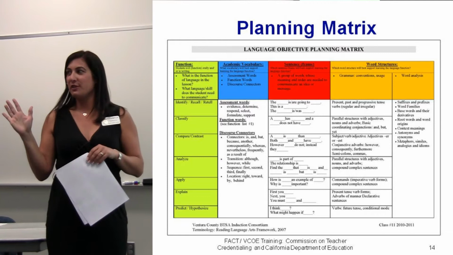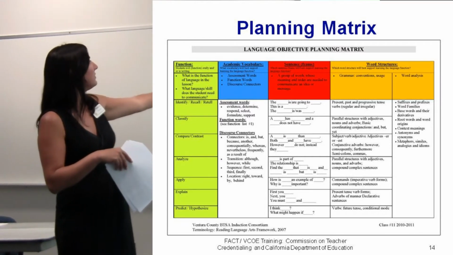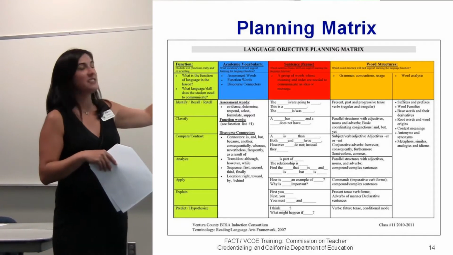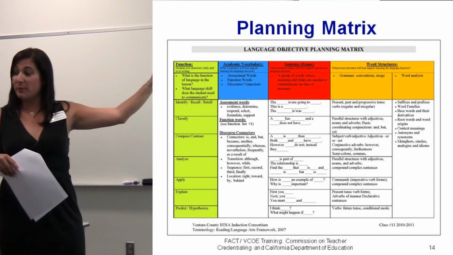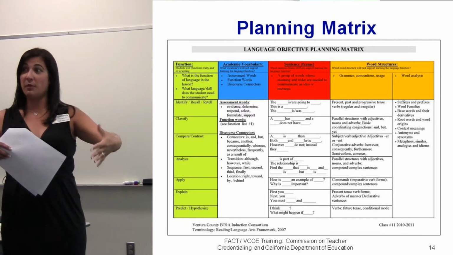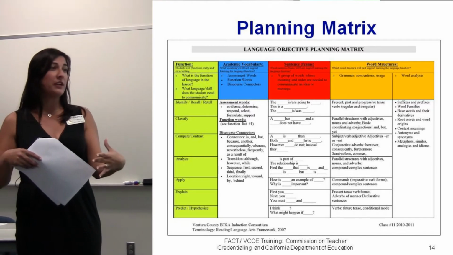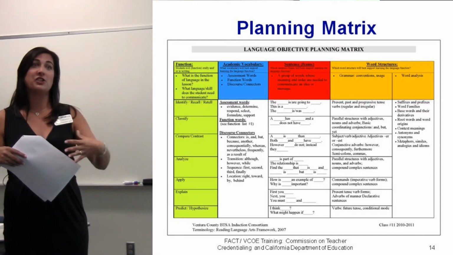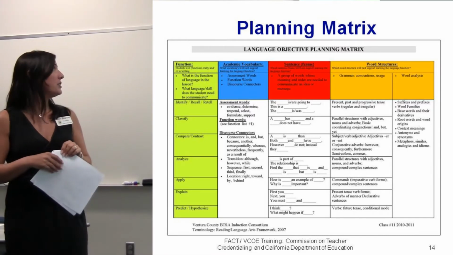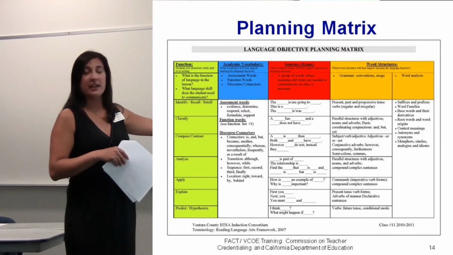And how many of you are familiar with the planning matrix? Okay, so the green, it's usually green on the paper, on the left-hand side, which I like because the function on your paper is green, and that means go. Like if we get to a stoplight, we're in green, it means go. It's the first thing we want them to look at. What is the function? Before we go, we need to know what the function is that we're asking the student to do. So that's in green, and we're going to be focusing on that function and identifying it in the